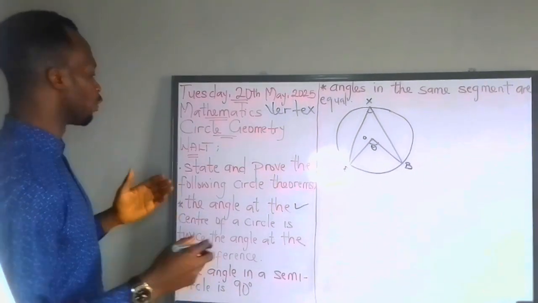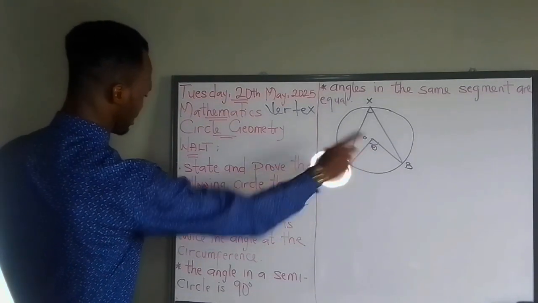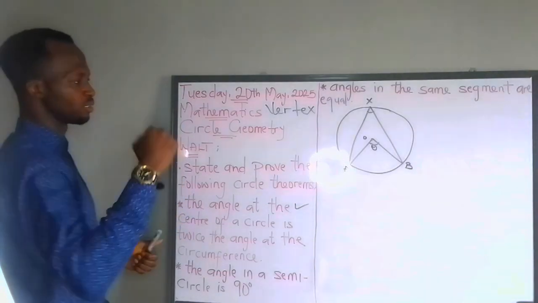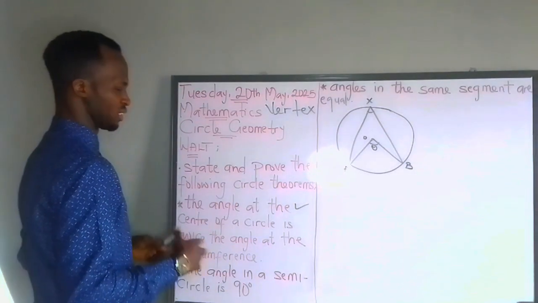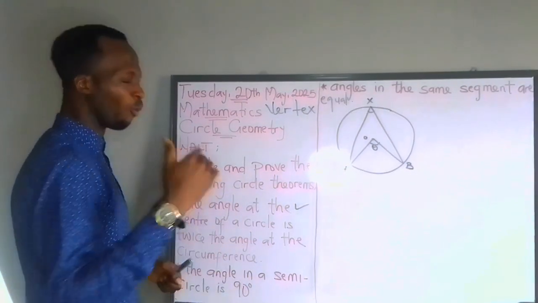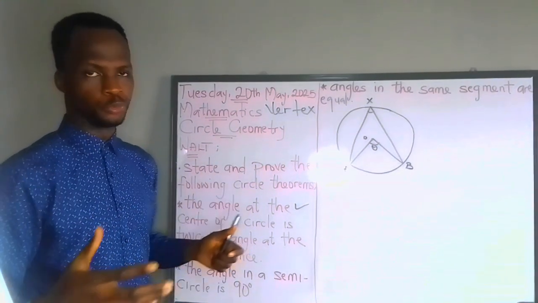Now, how do we go about this? We want to prove that the angle at the center, which is theta in this case, is twice the angle at the circumference. Now, how do we go about this? Now, one thing about geometry is that you are allowed to reproduce,